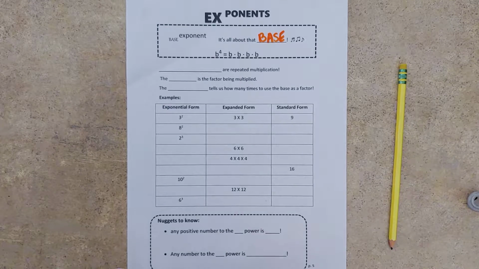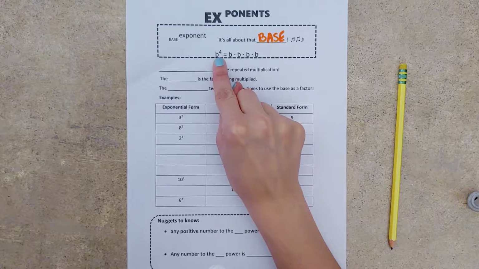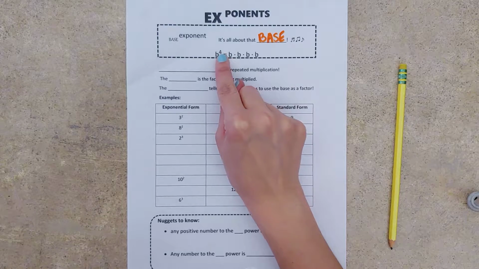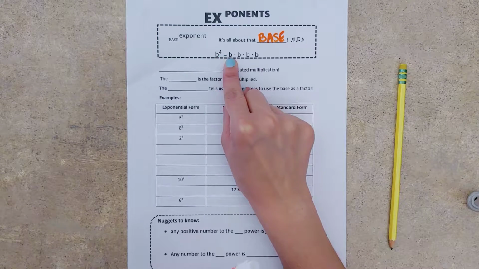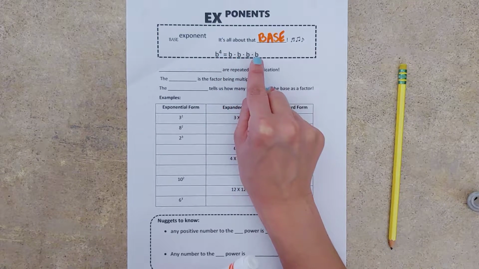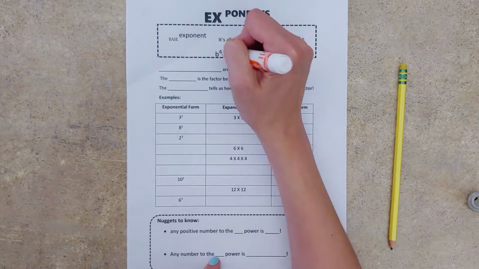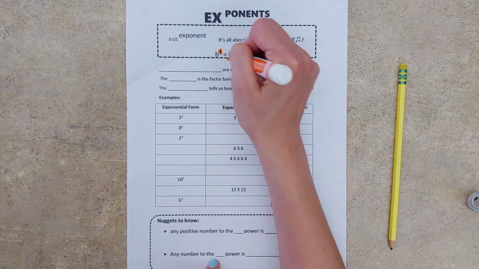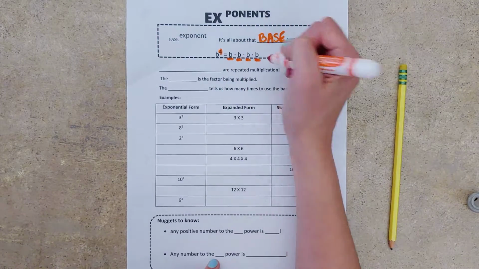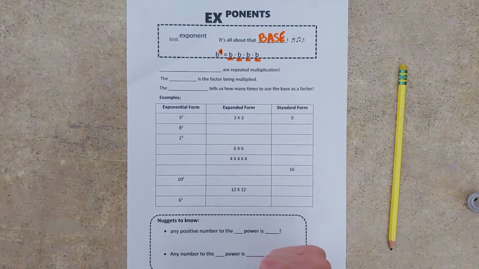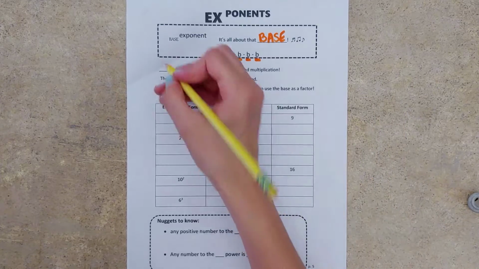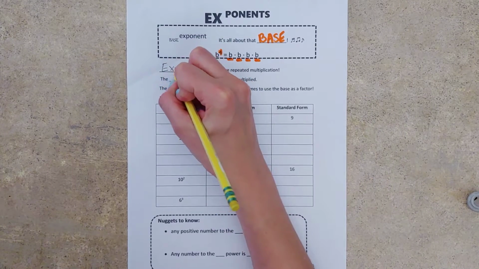But in short, if we see a problem like b to the fourth power, as you can see, what do we have that is repeatedly multiplied? B, our base. Our exponent simply tells us how many times we are going to be multiplying our base. All right, because exponents